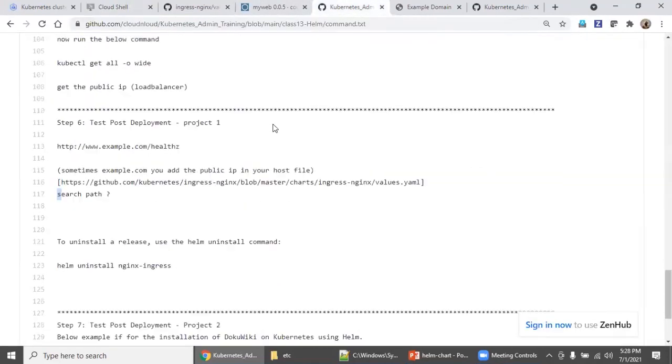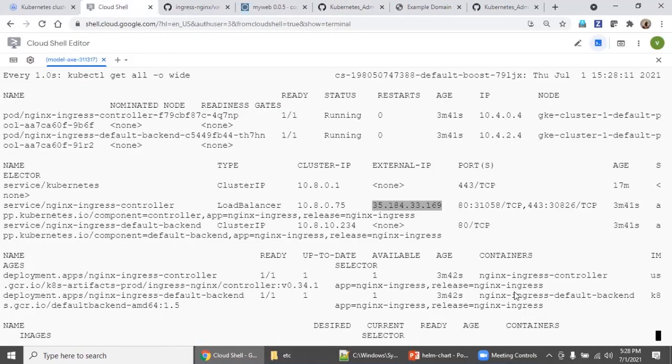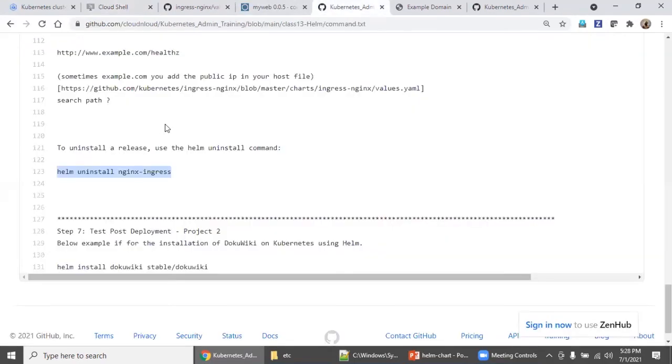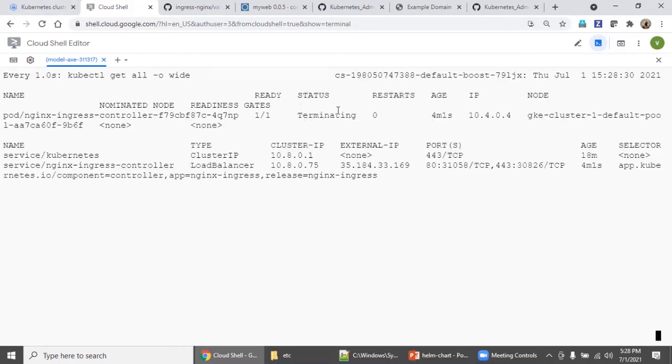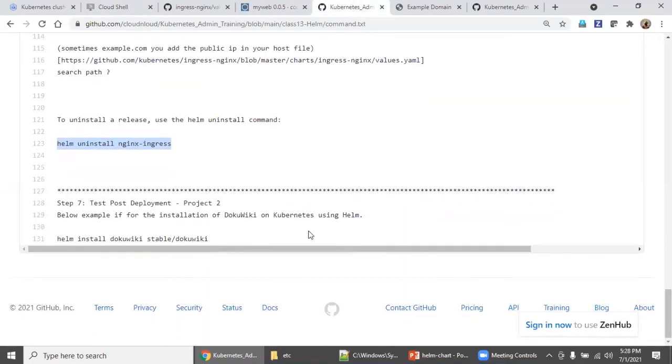So go here and we are uninstalling this. Go back to this and say, not this, uninstall this project. The uninstall will remove everything, the resources. So it's fine. Come down. So we are going for another project. I'm just trying to explain how easy it is if you create a Helm chart way of packaging.